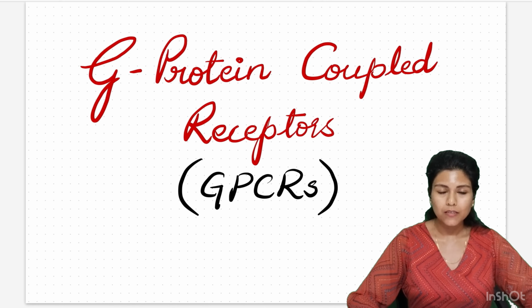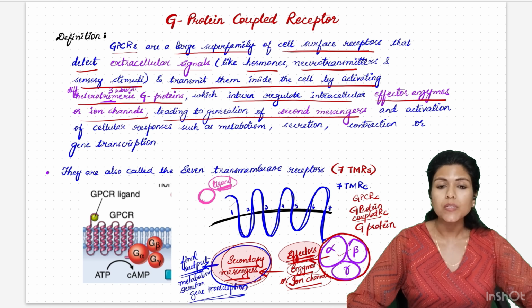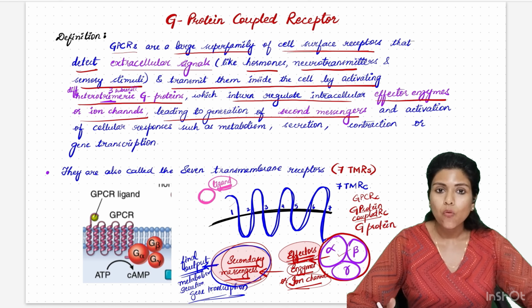I'm Dr. Ashmita. In this video, we'll continue with the G-protein coupled receptors. In the first part of this video, we have discussed the G-protein coupled receptors, the basic introduction. What are they? What are G-protein coupled receptors? What do they do in GPCR signaling? That is the cell signaling and the basic structure of the GPCR signaling pathway that includes the receptor, that is